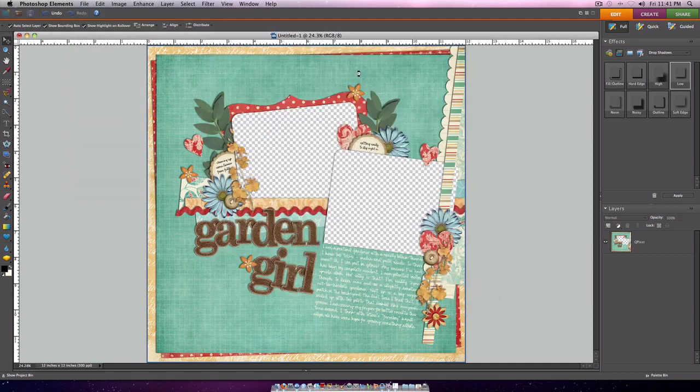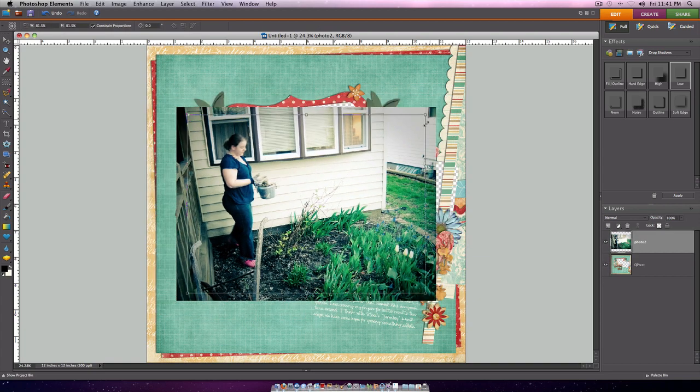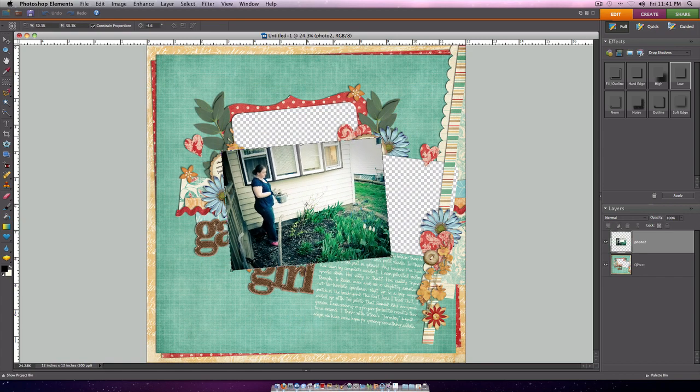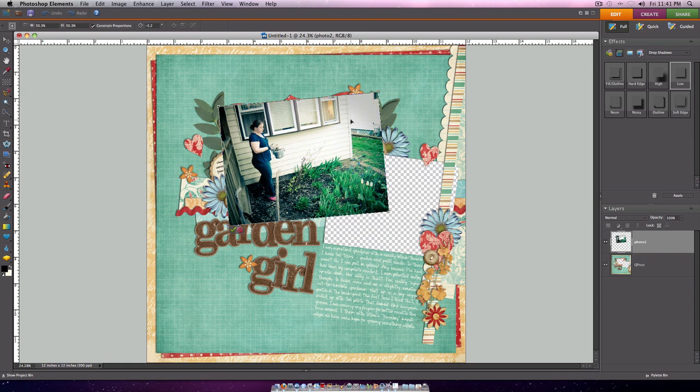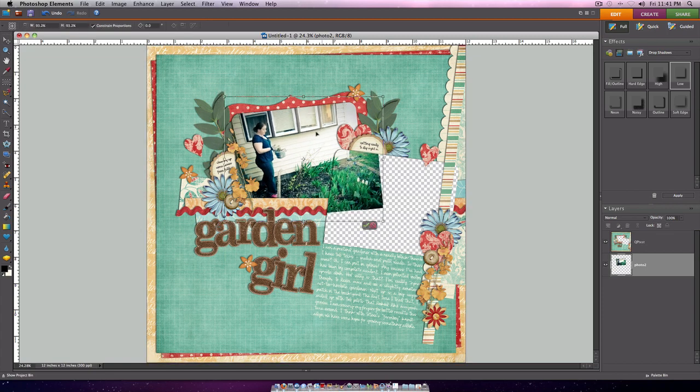I'm going to start by placing my photos. Here's the first photo. I'm going to size it. It's about what I think I'm going to need. Rotate it, move it in place, and then drag it behind. We can see we already have a little bit of this overlap here. I'm going to make the photo a little smaller